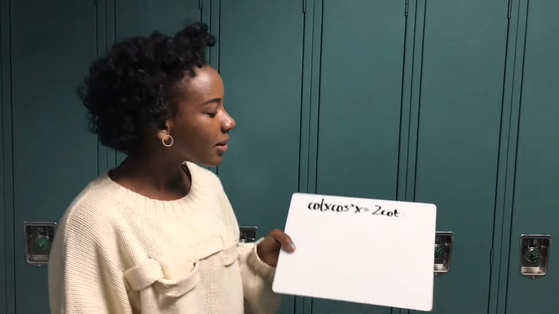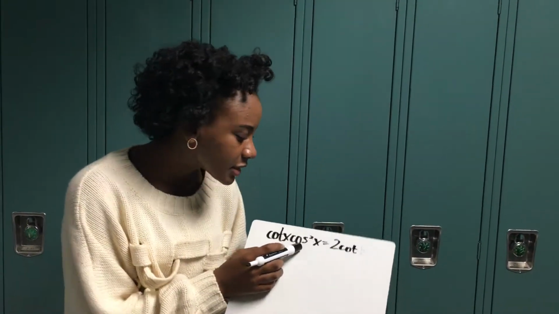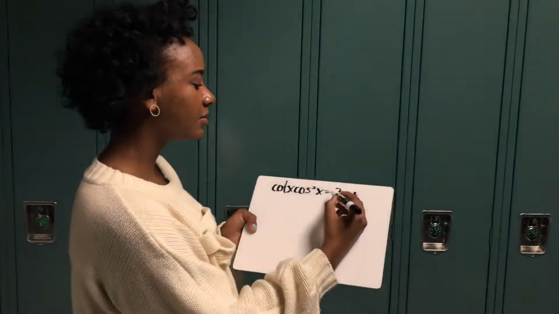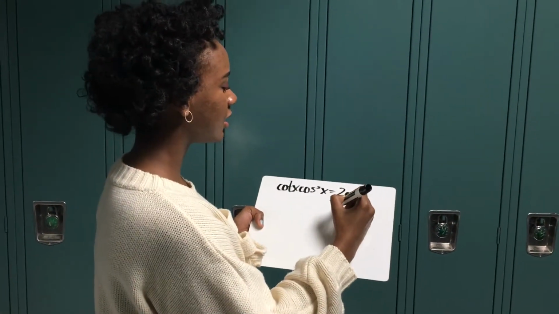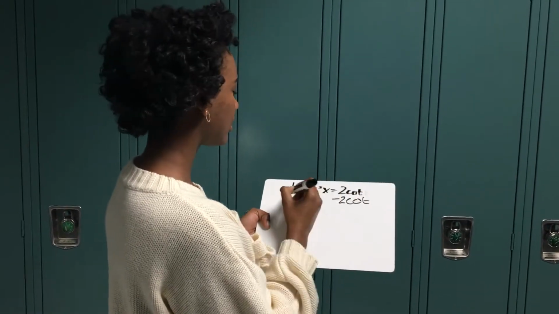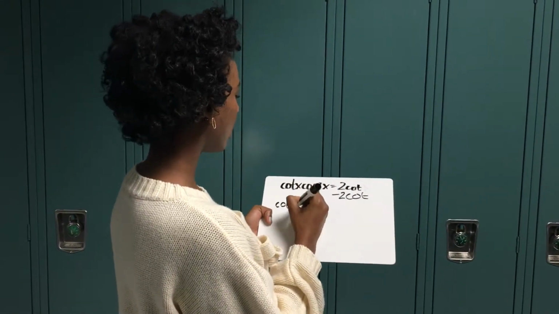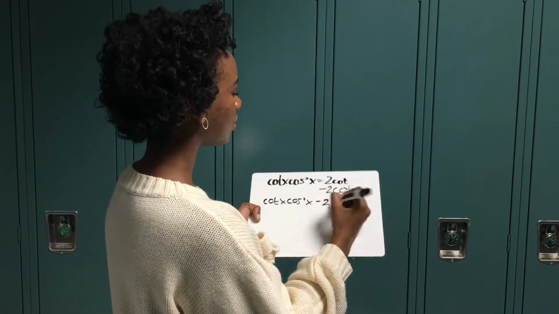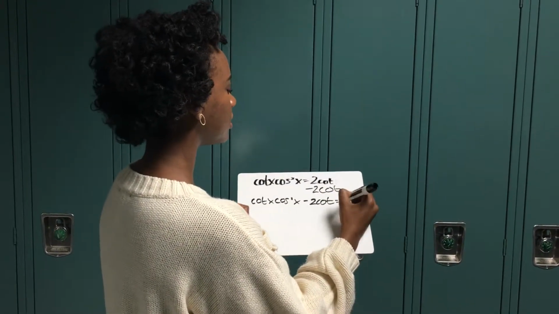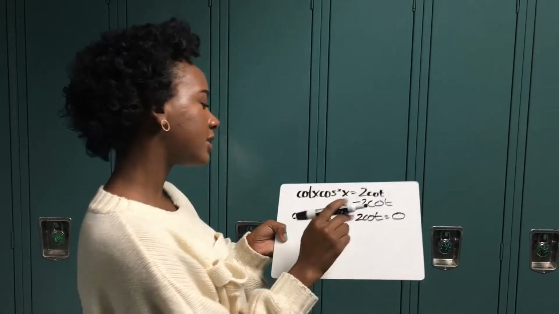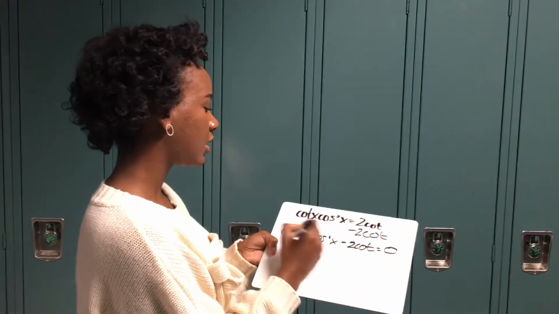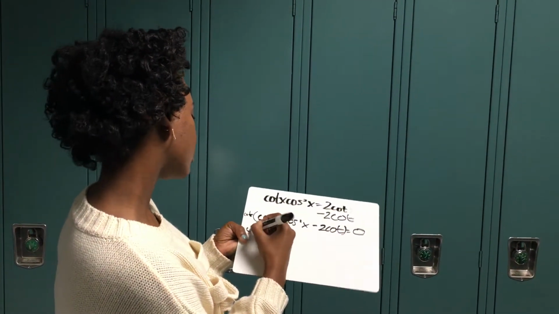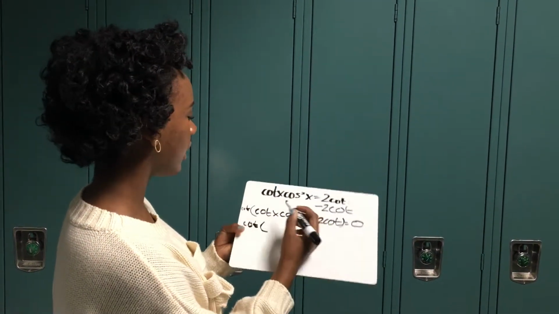Okay, so this next problem is cotangent of x times cosine squared of x equals 2 cotangent. In order to do this one, we need to get this onto the other side. So we can subtract. We have cotangent x times cosine squared x minus 2 cotangent equals 0. And from there, we can see that we can factor out the cotangent. So now we have cotangent times